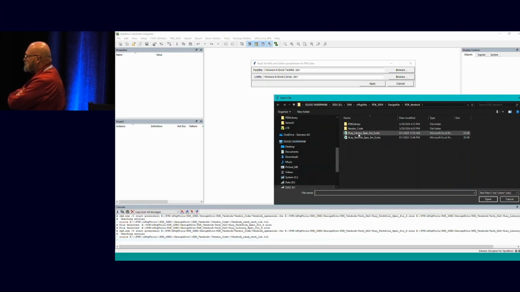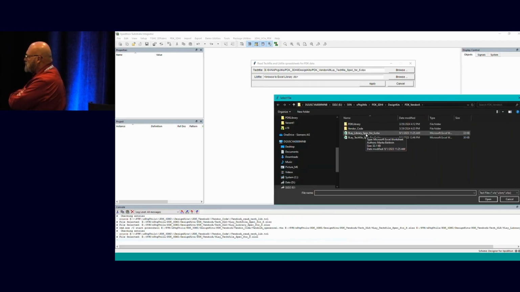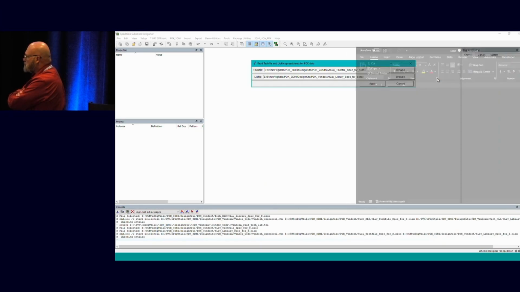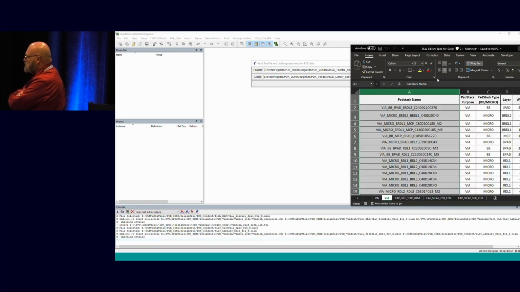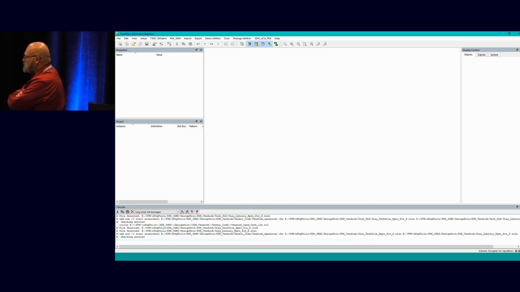So if I open this, I go and I grab the tech file as XLS, and if I browse to this, I want the library file, XLS, and I say apply. It runs a script that goes and opens the spreadsheets for those different things, and it parses it out. And when this finishes, it's going to write the technology directly to disk, along with a few extra things that they wanted in their design kit, like design layer or user layers and things.